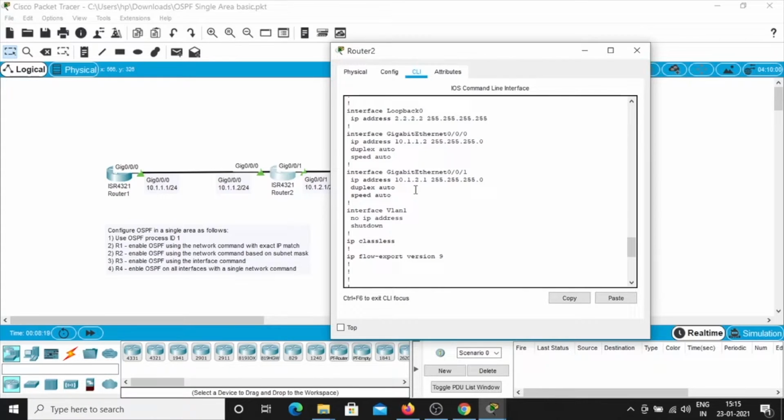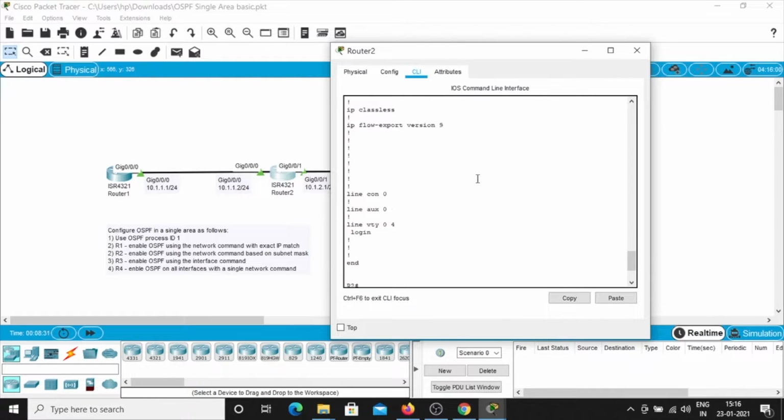the network ID is 10.1.2.0 with the subnet mask 255.255.255.0. So we are going to use the wildcard mask.